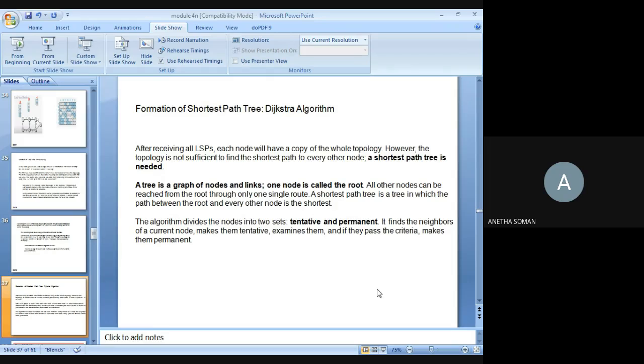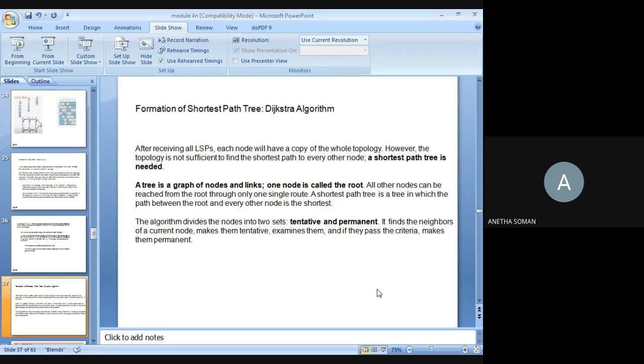Now, what is a tree? A tree is nothing but a graph of nodes and links. You will have many nodes and many links. Out of those many nodes, one node you have to keep as your root node. Now, all other nodes can be reached from the root node only through one single route.